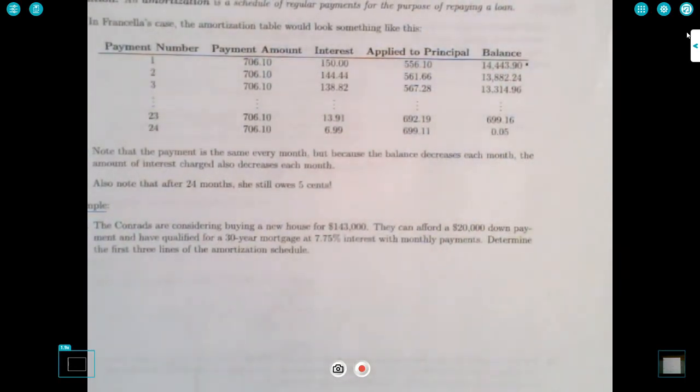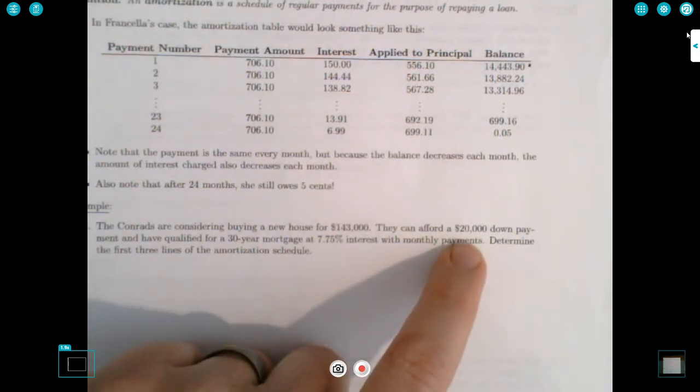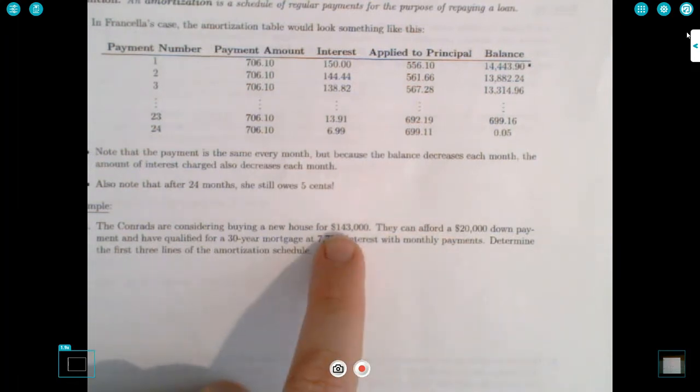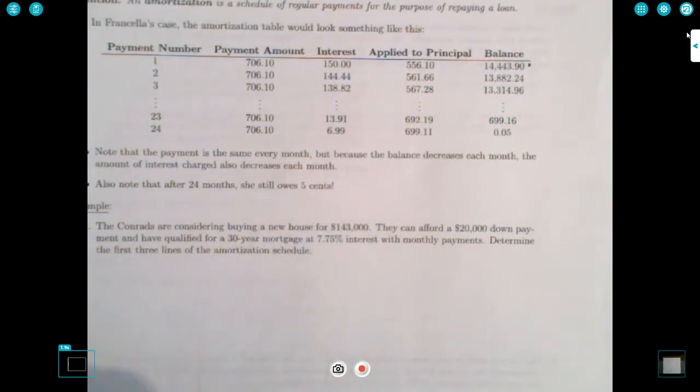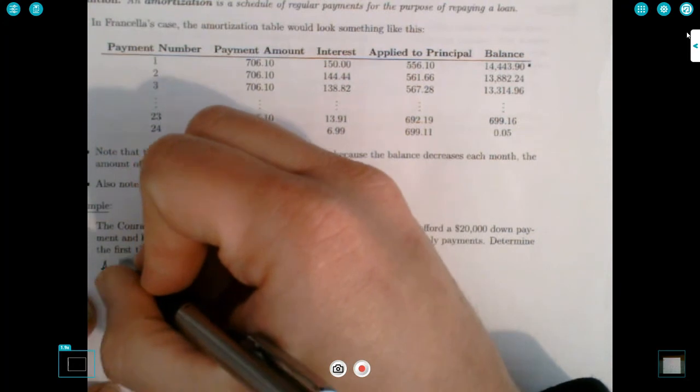So they're going to buy this house for $143,000, but they're going to make a $20,000 down payment. So they're not going to borrow $143,000. They're only going to borrow $123,000. So that's worth writing down, right? So amount borrowed,